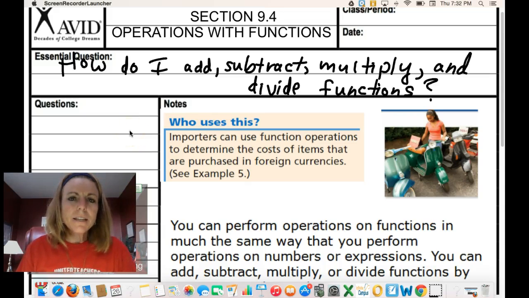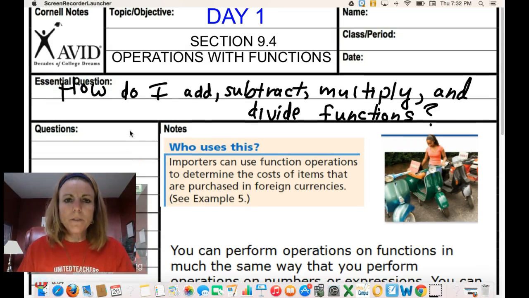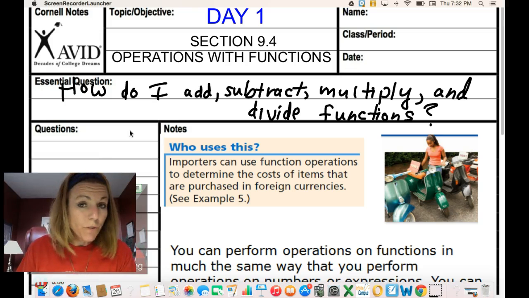Hello, today is day one of section 9.4, operations with functions. The essential question: how do I add, subtract, multiply, and divide functions? Who could use this? Importers can use function operations to determine the costs of items that are